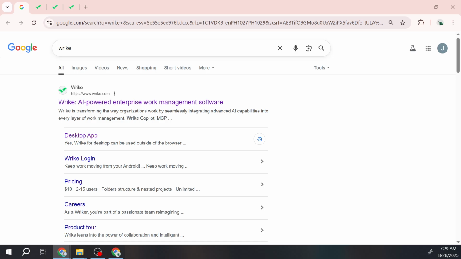First things first, let's start by launching your preferred web browser. Once you're there, just type Wrike into your search bar. This will take you to the official Wrike website. If you already have an account, you can click on Log In. If you're new to Wrike, you'll want to select Try Wrike for free to create an account and start exploring